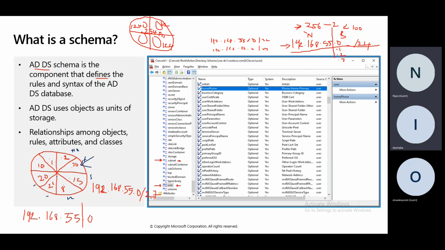But we know what the maximum number is that each department can contain, because we have broken it into 8. What's the maximum number? 30. Do you understand? Some departments might not have up to 30 staff. You might have 15 staff, 8 staff, 21 staff, 20 staff, 10 staff.